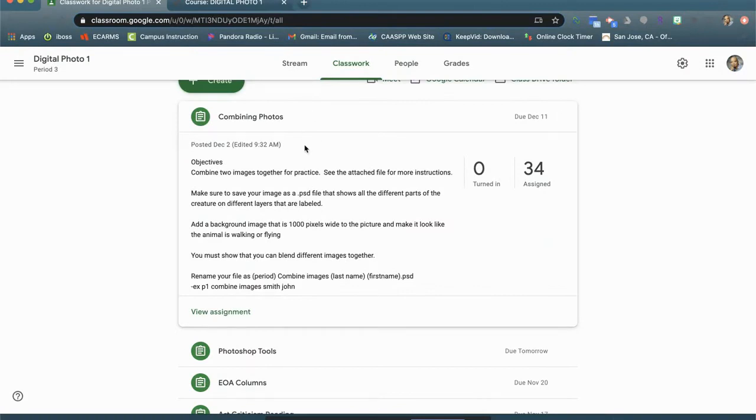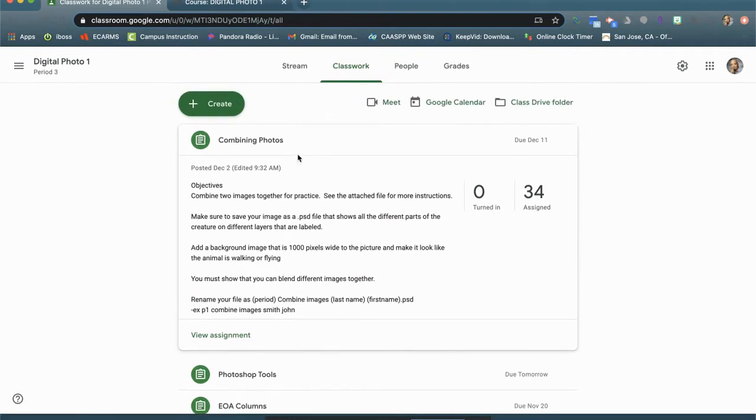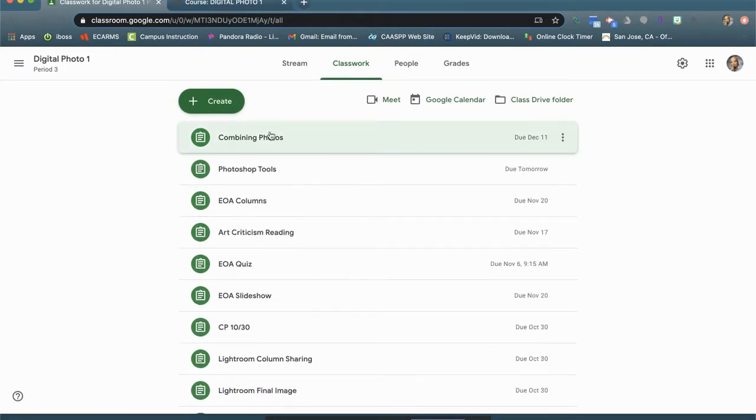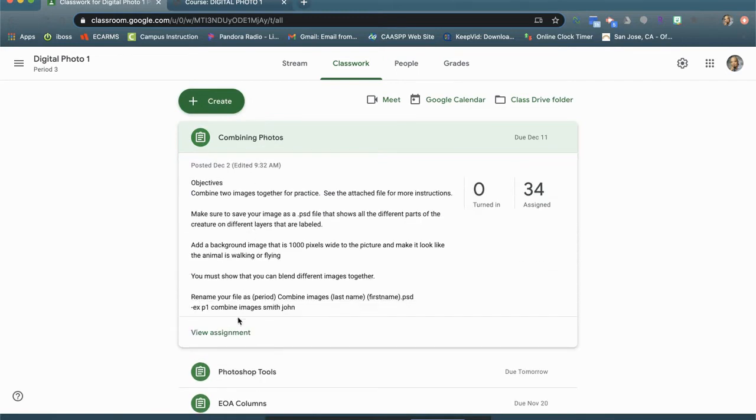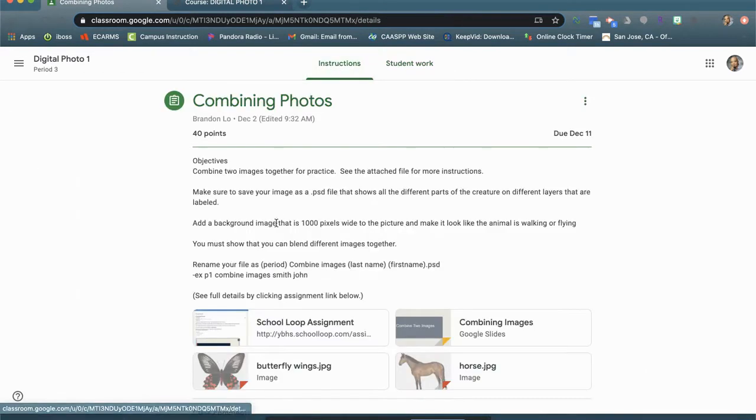This is a demo on how to complete the Combining Photos assignment. This assignment can be found on the Google Classroom under Classwork. When you click on the assignment, you'll see that there are several down here. When you click on it, you'll see more details here. This is actually not the full details, so you'll need to go into View Assignment, and then under here you